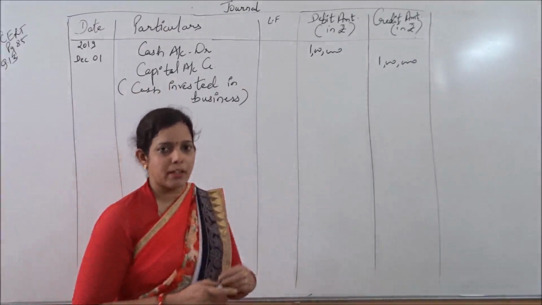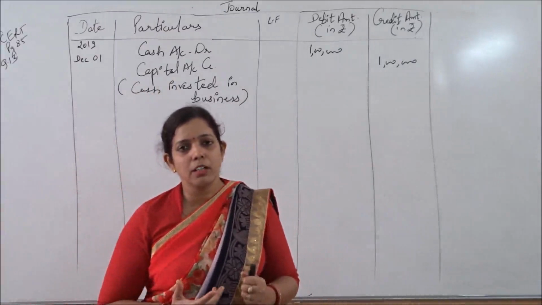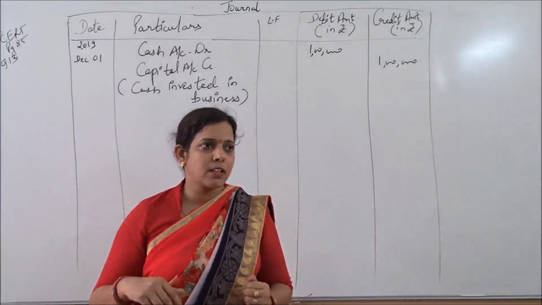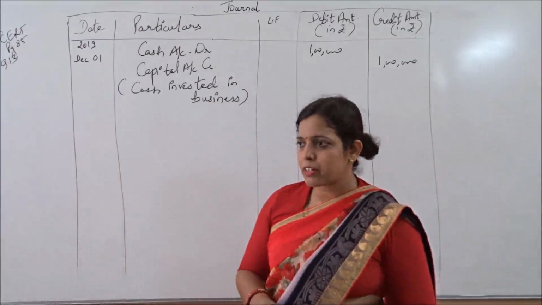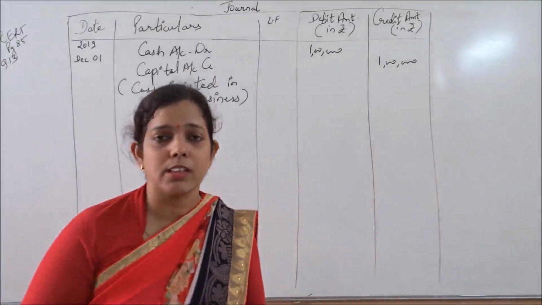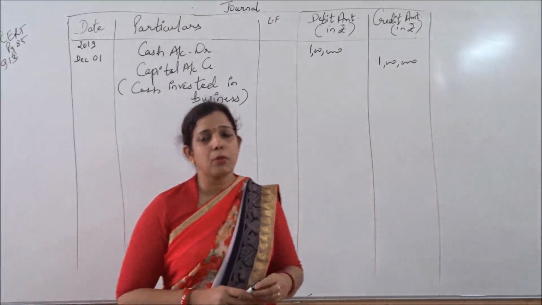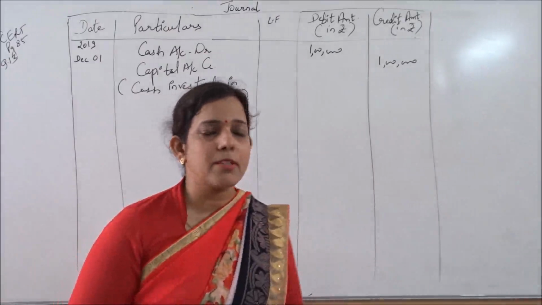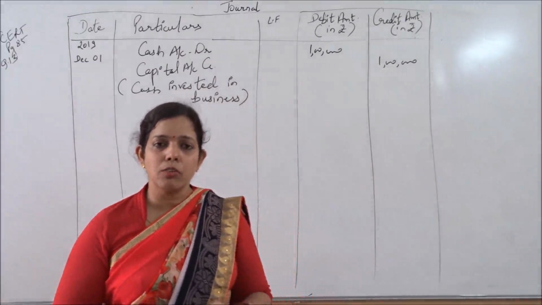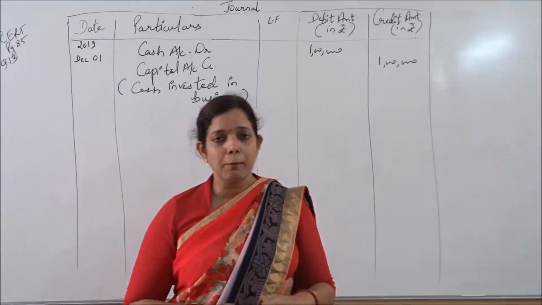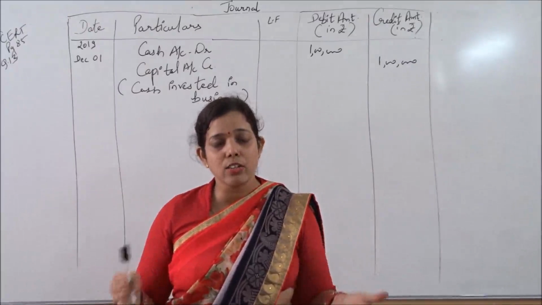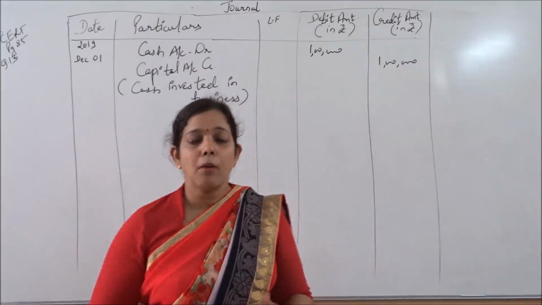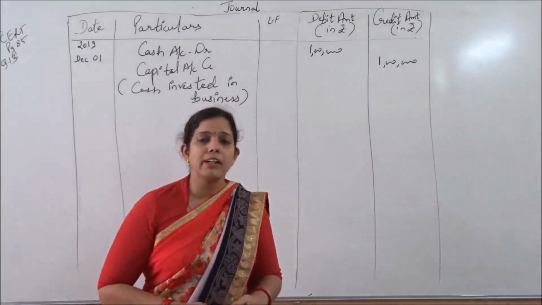Suppose if I am talking about the partnership firm, partnership में partners are working in partnership, and if any partners have invested money while starting the business. Suppose 4 partners are there. Every partner has invested 2 lakh rupees, right? Now for some years they have worked. Then one partner is thinking that now because of some problem I want to go. I want to retire from the business. I want to leave it. I want to have some other business and all. So tell me, when the partner will go from the business, will he not demand the complete capital worth what he has invested along with all the additions? Will the partner not ask back? Yes, definitely the partner will say that amount has to be refunded to the partner.